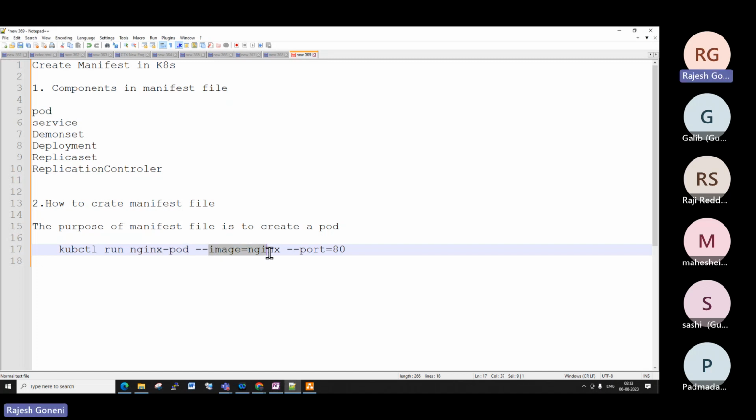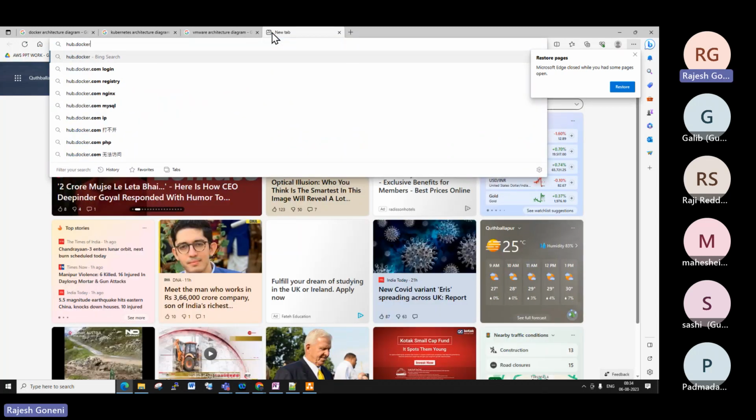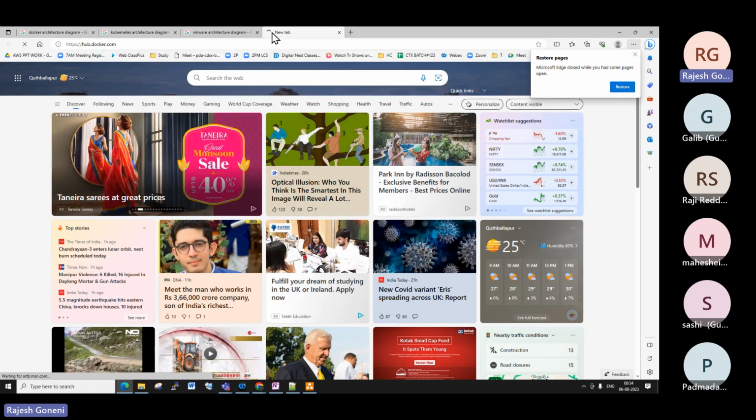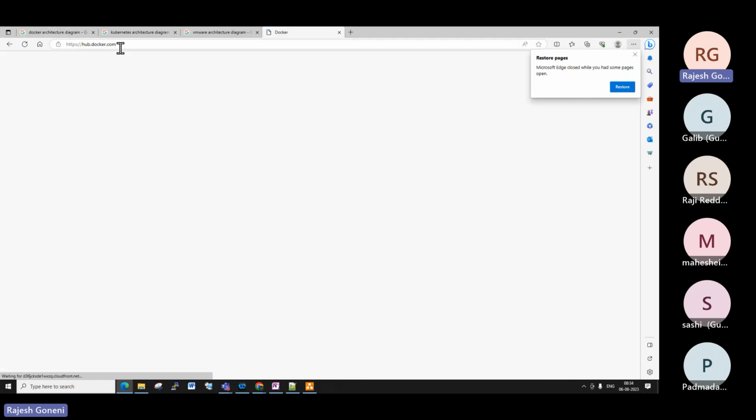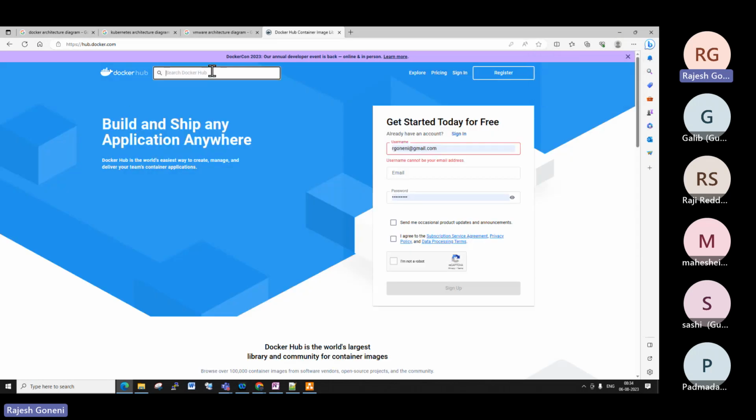The next concept is image equals to nginx. This is called the image name. Nginx is a name, so that means it is an image name. Basically, this Nginx image will be coming from hub.docker.com. This is coming from the internet. So guys, if you go to the hub.docker.com website, this website is a public repository of Docker services. If you check this,